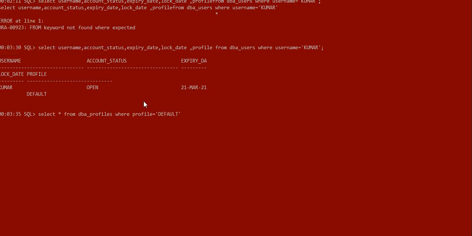The profile is default and the table we are using is DBA profiles. We will go inside profiles in a descriptive way after some days or in another tutorial, because it is a very vast topic. So I am going to cover only brief ideas so that you come to know what users are, how we can connect to that user, and what type of rights are required in the initial phase to connect to the DB.